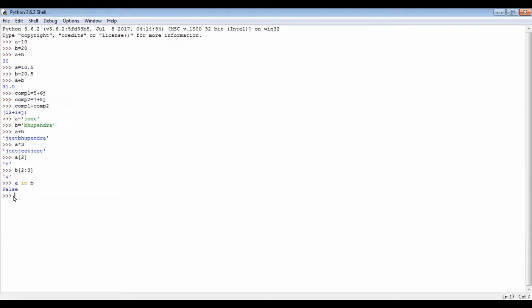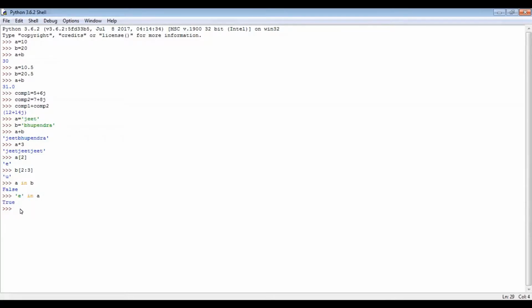If I had printed E in A, then the answer is true, because this character E is surely there in A. Like because in my name E comes twice, so there is no doubt about that. E is always there. So the answer is true.